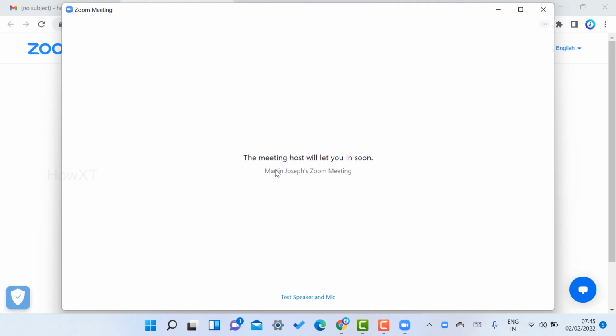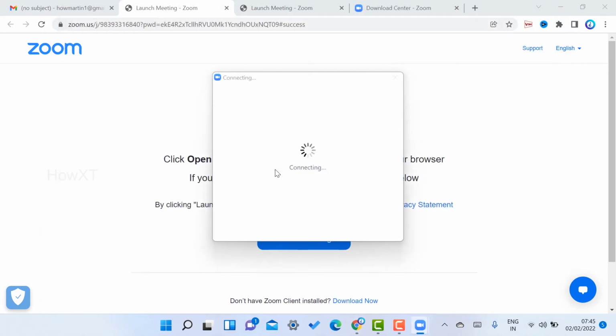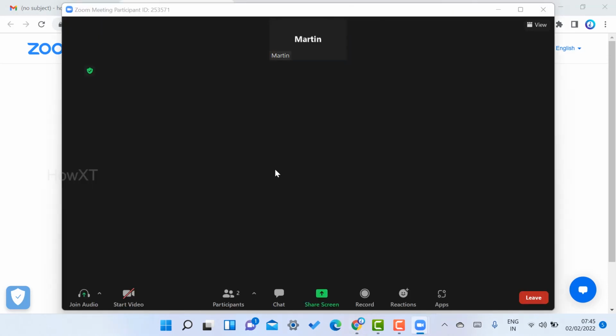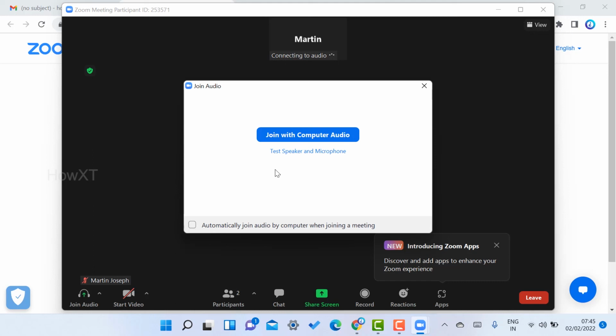Once the meeting host admits me, I will automatically enter the meeting, so it's easy to access. So if you have a Zoom meeting and you have Windows 11, you need to install Zoom